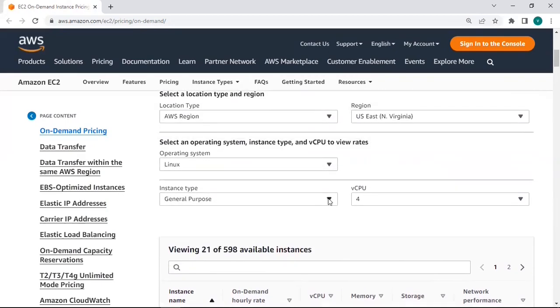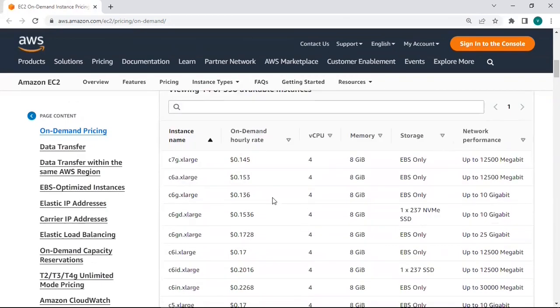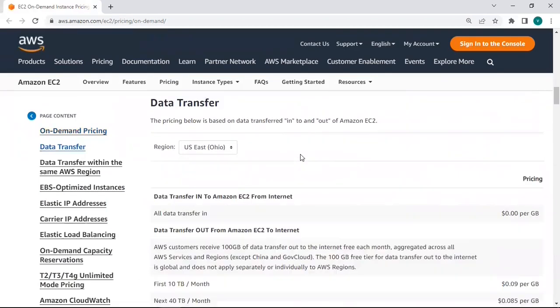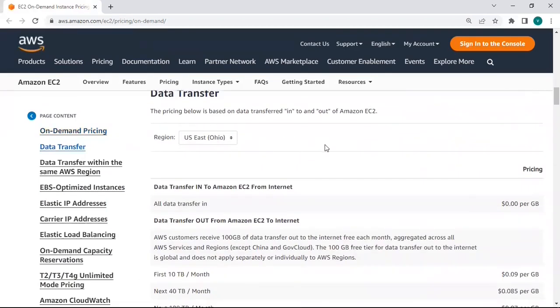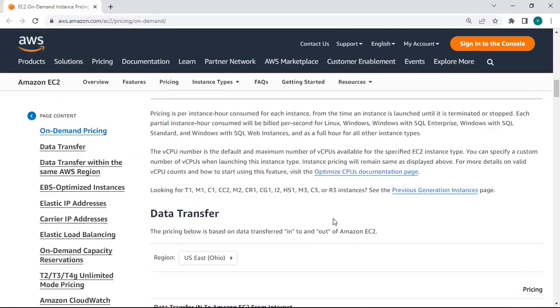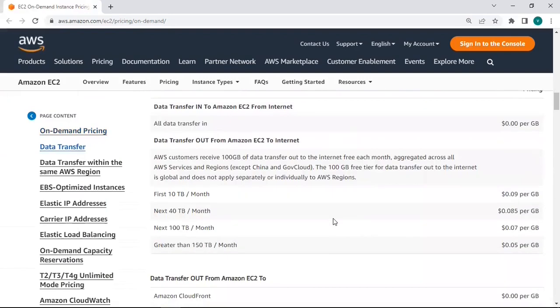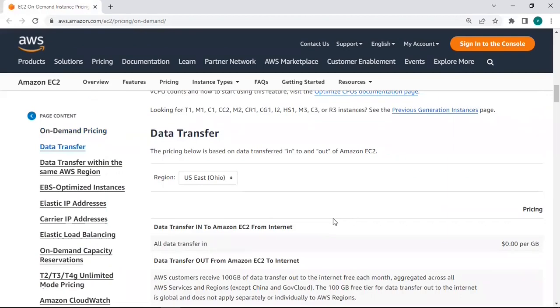And if we change the instance type from general purpose to compute optimized, the pricing again changes based on the calculations. So you can easily calculate the hourly price of the EC2 instance that you are going to launch in the specific AWS region based on your selected parameters. And if you scroll down a bit, you can also calculate the data transfer rate of the EC2 instance. It will help you analyze how much it will cost if you transfer the data from the EC2 instance to the internet. So based on your application requirements, budget and business need, you can select the EC2 instance and easily calculate the cost you need to pay to launch that EC2 instance in the specific region.